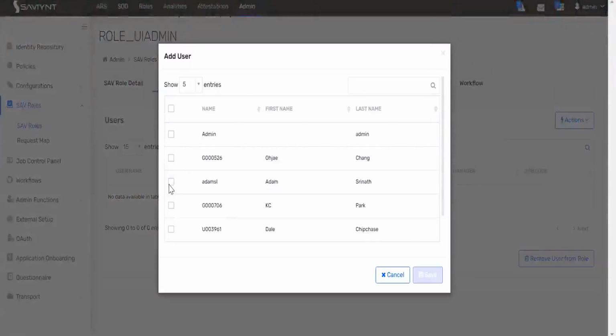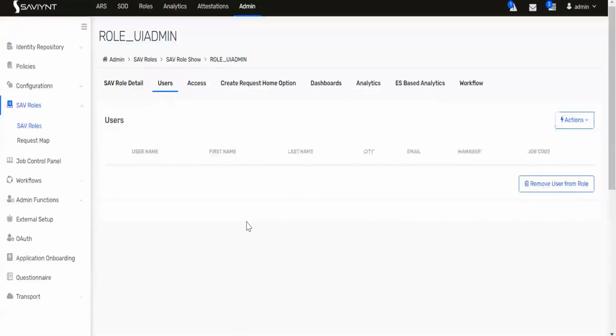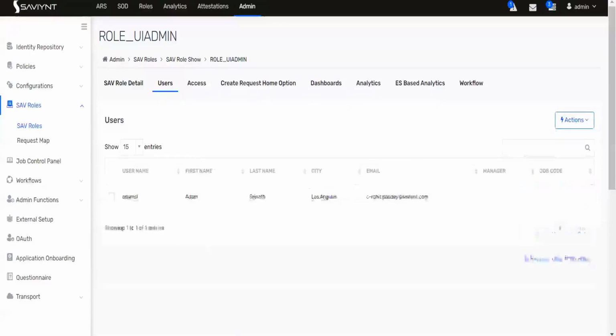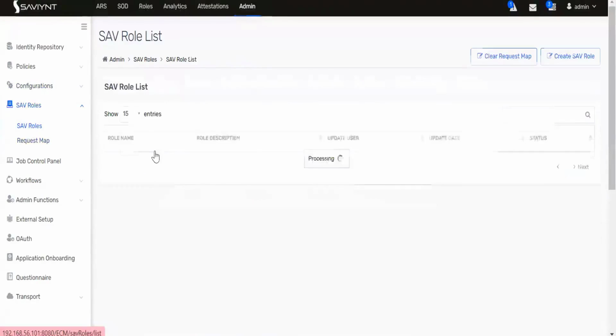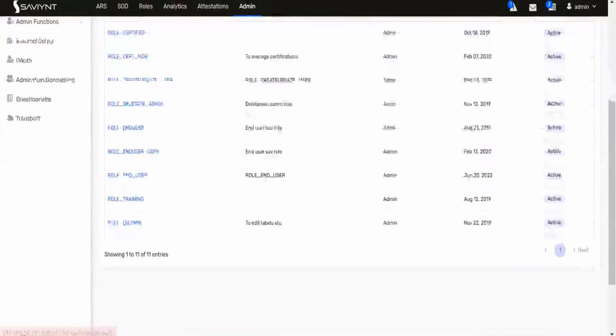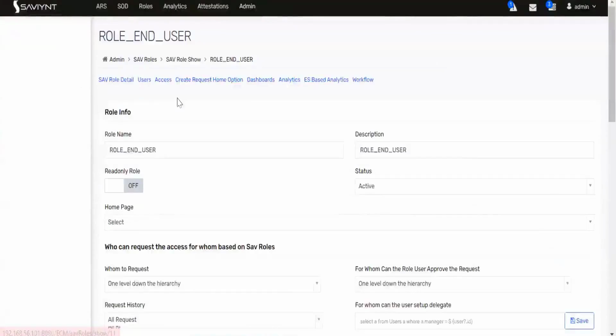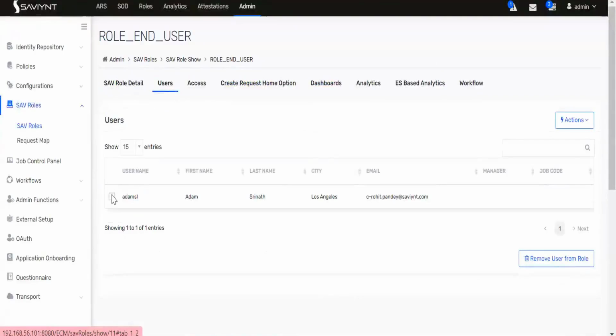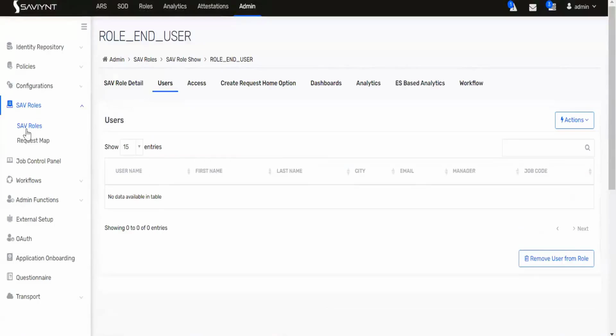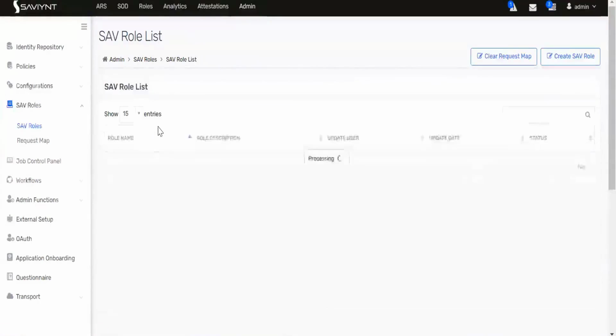I'll go add a user. Again, I'm doing the Adam C user, adding it here, right? So Adam C user is now part of two roles. One was a role_end user, right? Let me go here. From here, delete this Adam C user. So Adam C user is now only part of